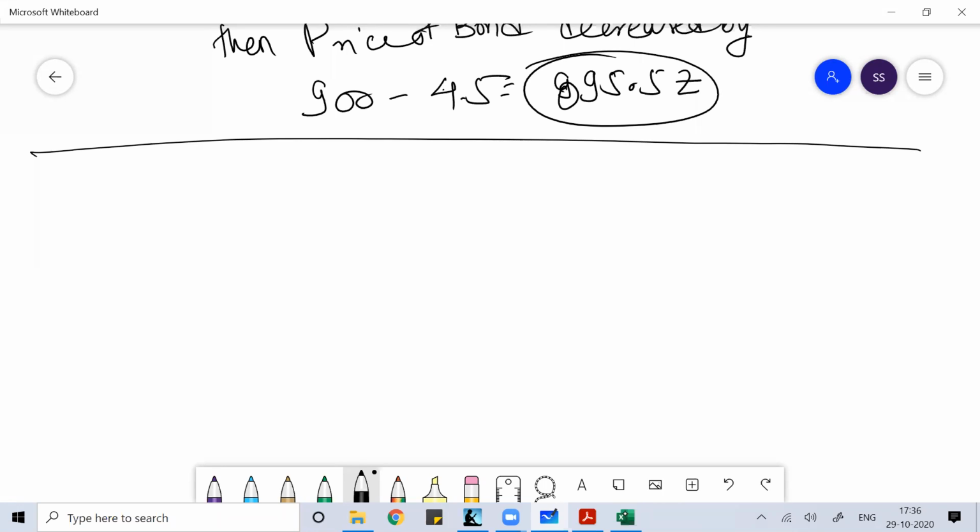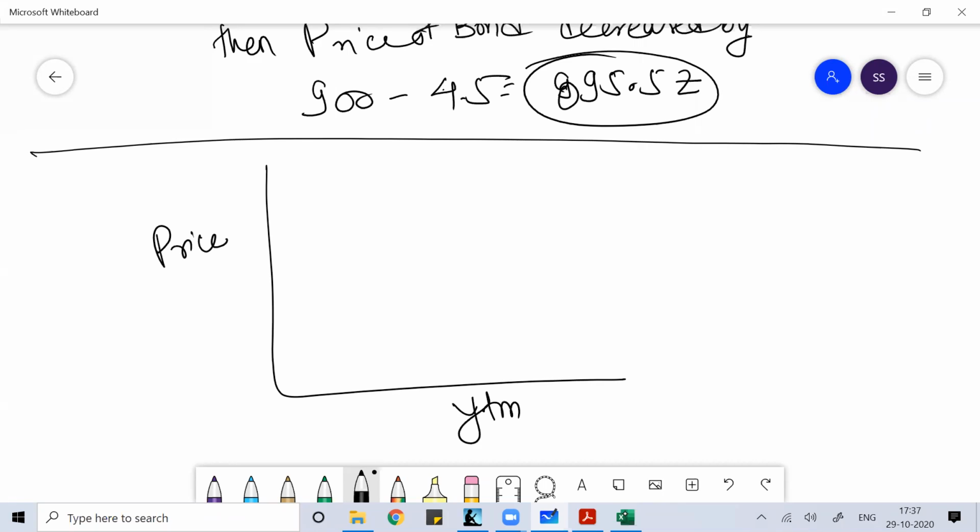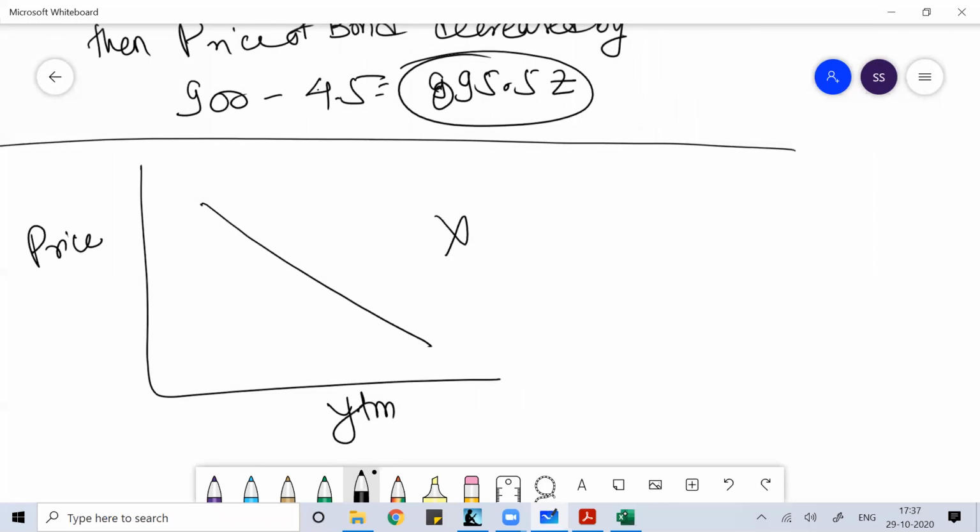That strange relationship is about the interest rate and the price of the debt instrument: whenever the interest rate in the market changes by a small percentage, the price of the debt instrument also changes by a small percentage in the opposite direction. But a large change in the interest rate does not bring a similar change in the price. That shows that the graph between the price and the YTM is not 100% linear, because if it were 100% linear,